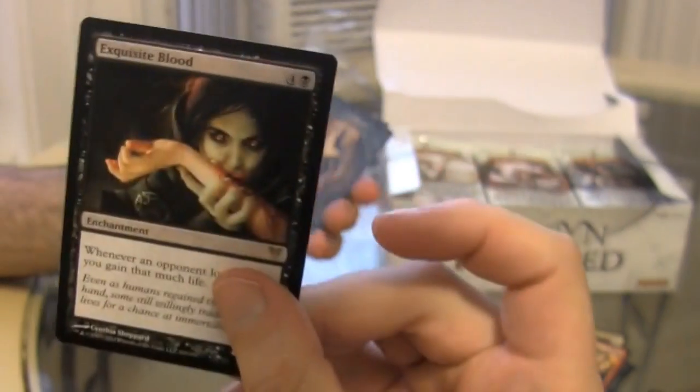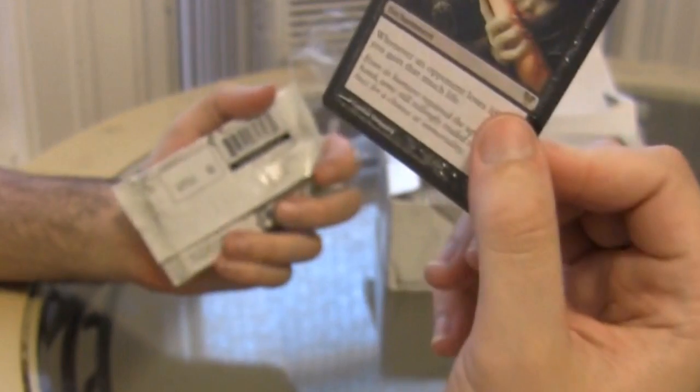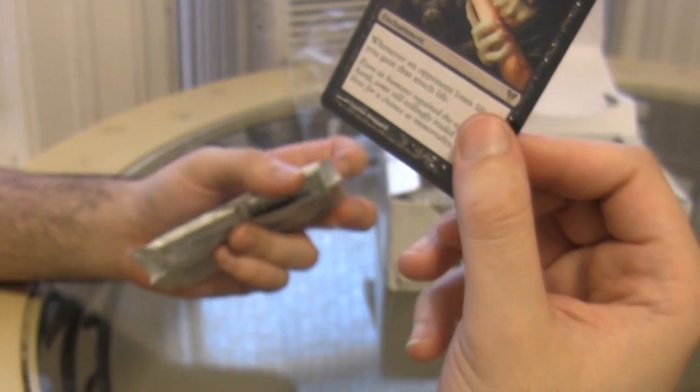Exquisite Blood. Obviously, there's the combo with the card from M12. What was that called? Sanguine Bond. So Sanguine Bond says whenever you gain life, an opponent loses that much life, and this one says whenever an opponent loses life, you gain that much life. So it's a 2-card infinite combo, assuming you find a way to make them lose life, which hopefully isn't too hard for